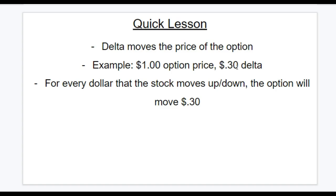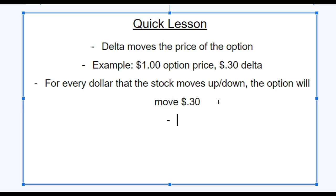What that means is that for every dollar that the stock moves up or down, the option will move 30 cents. Let's say this is a contract for Apple, and Apple is trading at $100, and that's when you buy the option. Let's say Apple moves up $1 and goes to 101. That means this option contract would now be worth